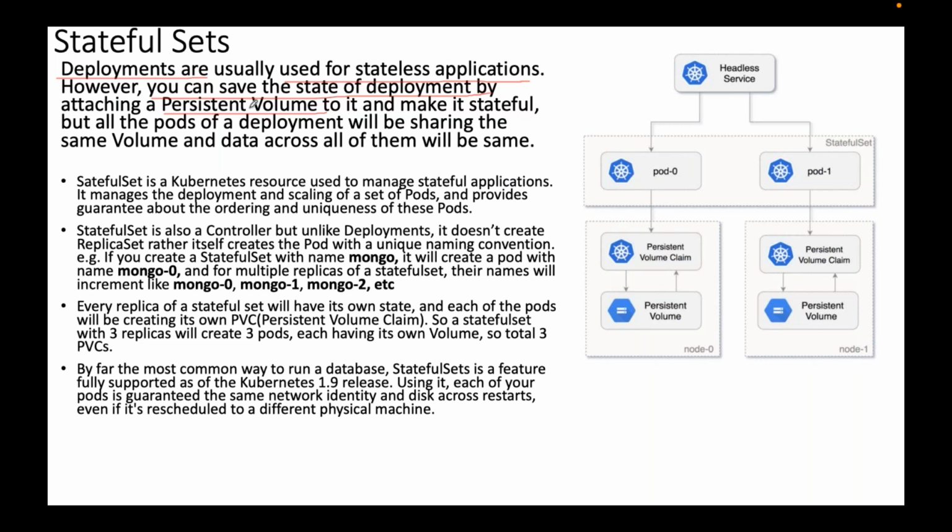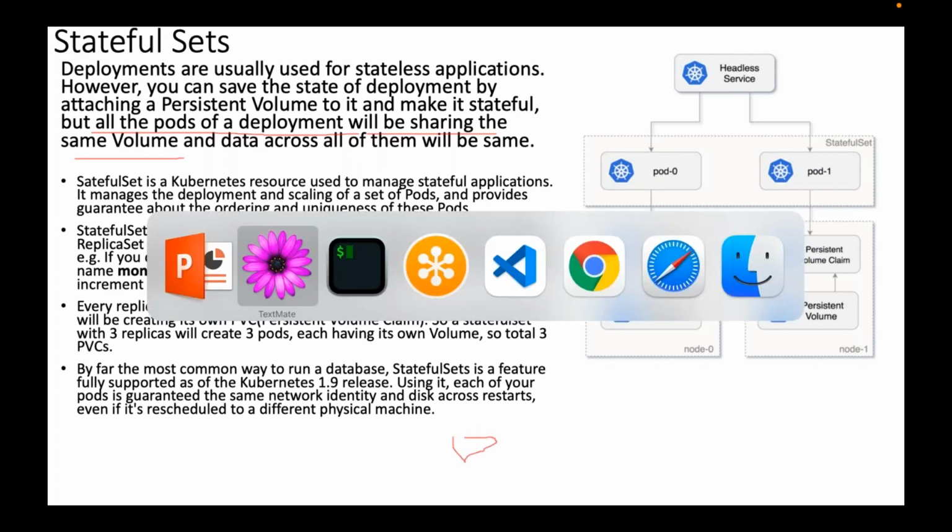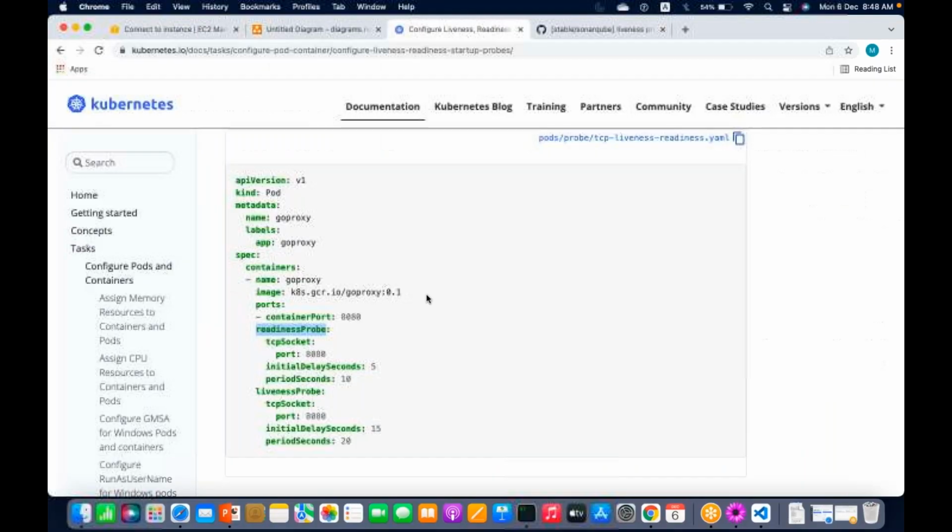When I am going to use volumes with deployment, all of the pods of the deployment will be sharing the same volume, which means if I create a deployment with 3 replicas,